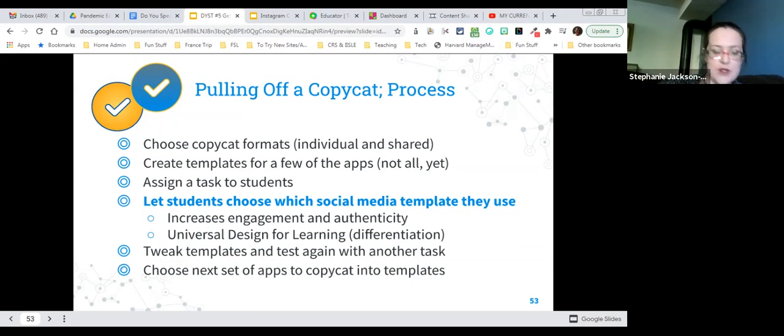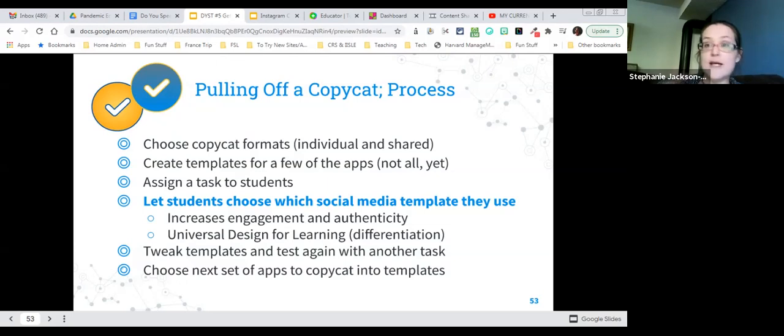So having those multiple formats also enables you to gently suggest a certain template, which might have different expectations, to students who are working above or below grade level. So you're not picking them out, saying, oh, you're the student that needs to do the different one because your language proficiency is way above or below the rest of the class.